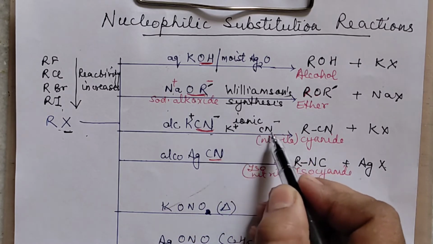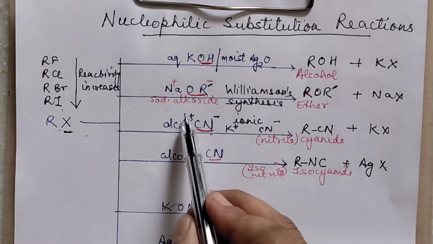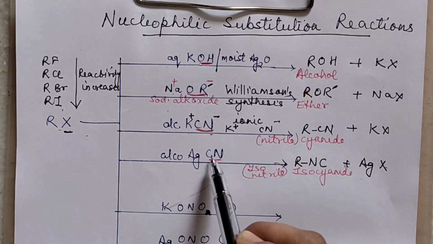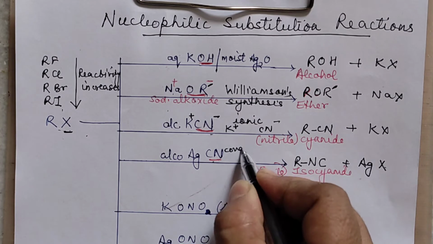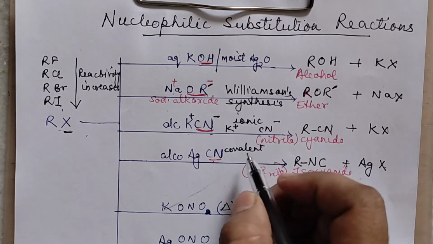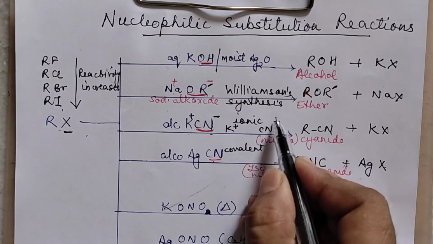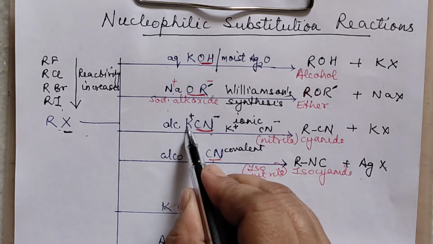And now the CN minus is separated out. So I wrote plus minus here. I did not write that in this case because AgCN is a covalent compound. It is not going to ionize. So now the CN minus, which was formed in the case of potassium cyanide,